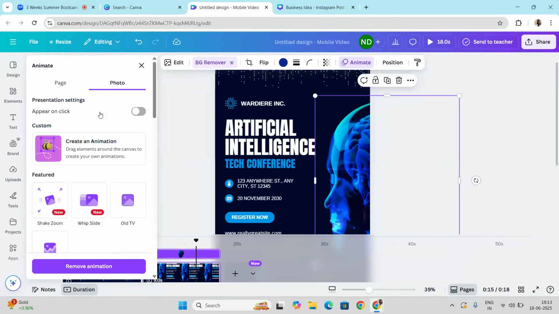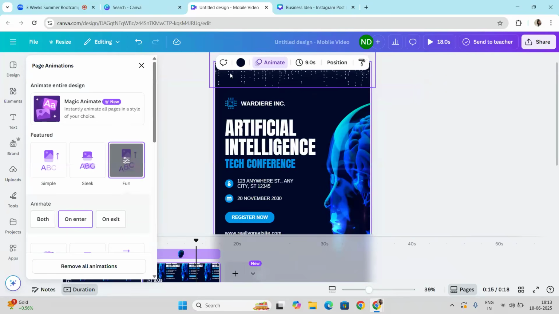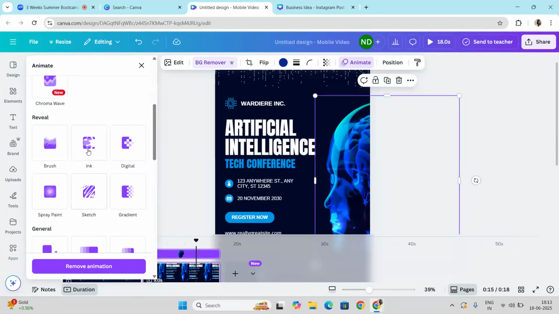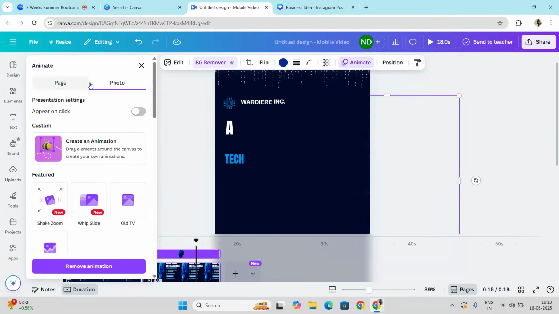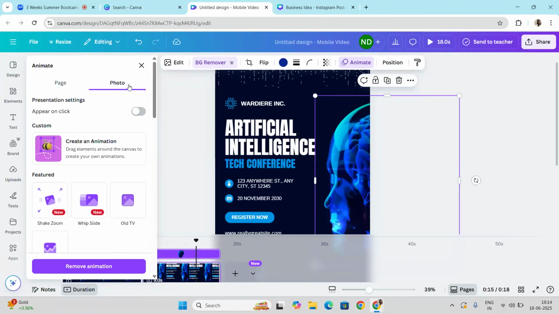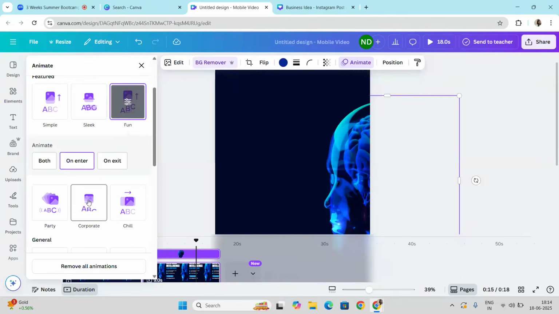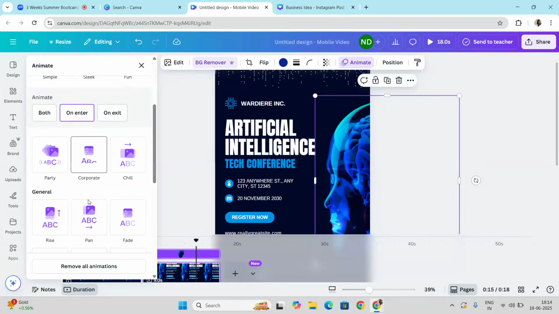Now I'm coming to this. I have selected this photo, and if you scroll it up, you can see two options are there. The first one is photo, meaning the animation that I'm going to choose right now will apply to that particular image only. Page is for the whole page, how your whole background will appear.